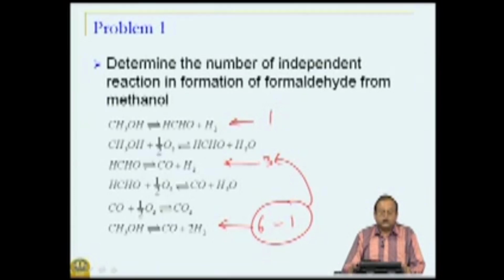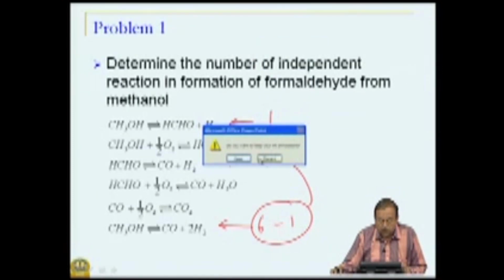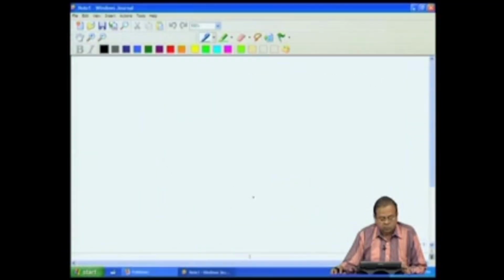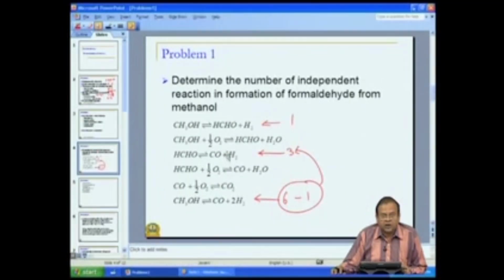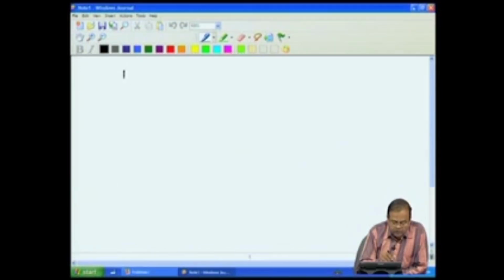So, let us try doing that by writing the stoichiometric matrix. Let us say we start with our first reaction, namely methanol gives formaldehyde plus hydrogen. Now, if you examine this reaction set, you will see that there are 6 reactions. So, let us say that we put reactions over here 1, 2, 3, 4, 5 and 6,